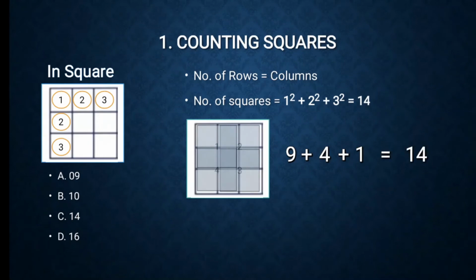How many total squares can I see? There are 14 squares. Here it is only a square of 3 by 3, so it is easier to count. If I am given a square of 8 by 8 or, let's say, 10 by 10, you will not count in that case because it will be very tedious. It will take a lot of time. So instead of actually counting the number of squares, I can use this formula. Now either you can add the number of squares or you can use a formula that is there. We'll talk about it later. For this question the answer is 14, C.